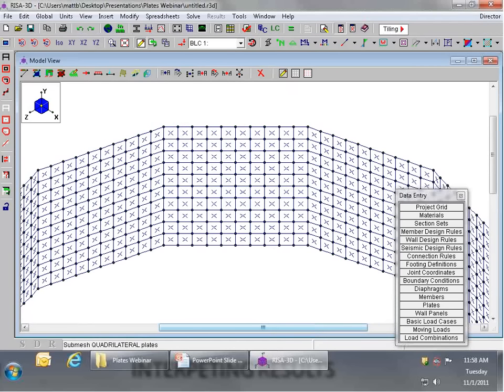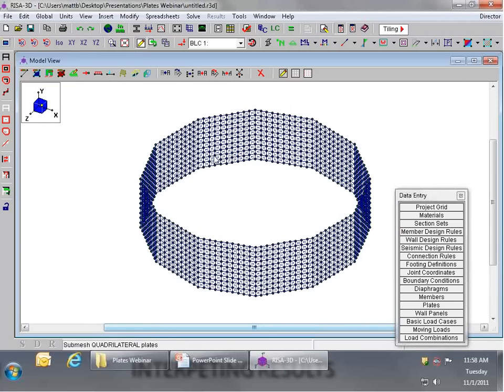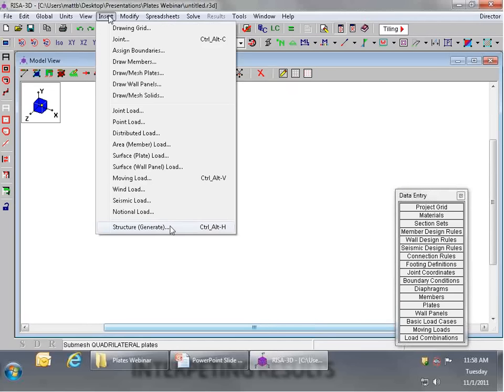Well, it's true, each side of this tank now has a finer mesh, so it'll be more accurate, but don't forget that the original premise that we started out with, that this is a circular tank, submeshing it doesn't make it any more circular, because the program doesn't remember that, of course, you're trying to approximate a circle. So creating something coarse and then just submeshing it this way isn't really a smart move within a model like this. Instead, what I probably want to do is I probably want to hit undo here and go back,